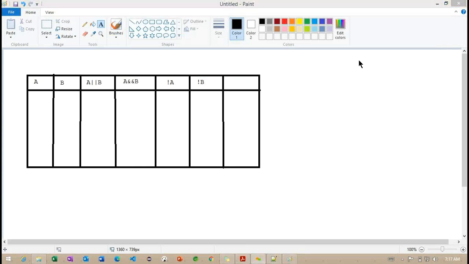Getting the point? So this is a simple diagram, and it is a very important diagram we are trying to define here.